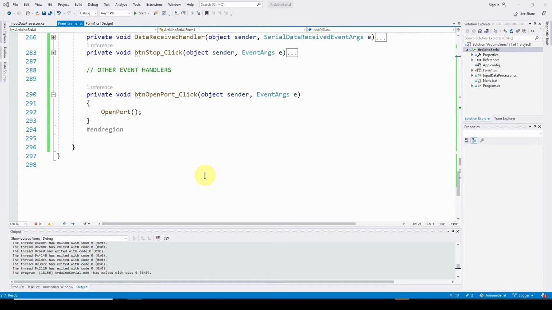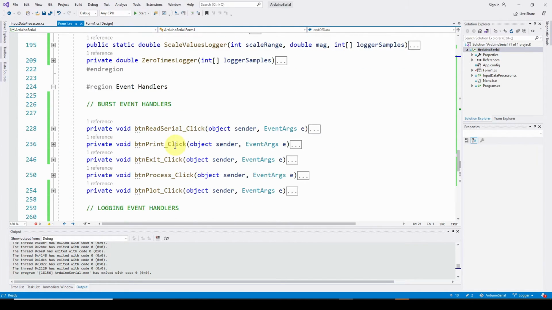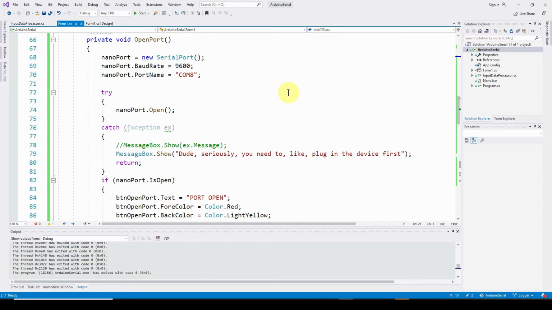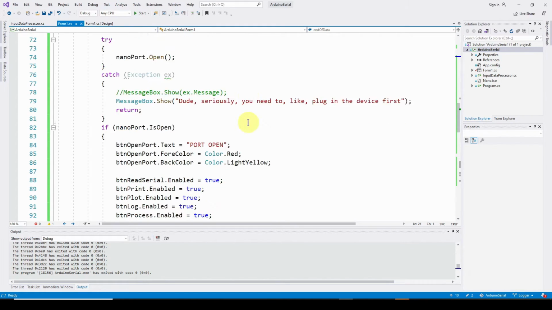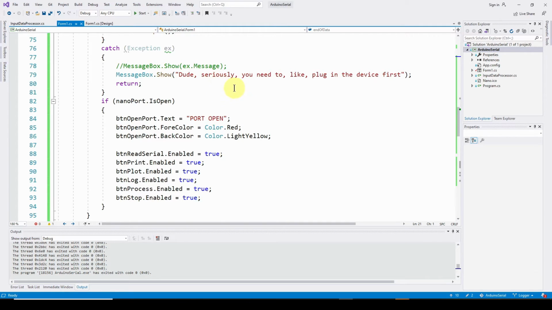Okay, so now the first thing you do after the application opens is you click the open port button. And here's the event handler, and all it does is call the open port method. Very simple. So let's run up to the open port method. Here is the open port method. And it's basically a copy and paste of the code we had before. You define nanoport, new serial port, 9600, COM8 in my case. You do a try catch, is nanoport open. If not, it gives the message box that says, dude, seriously, you need to plug in the device first. And once you've done that,